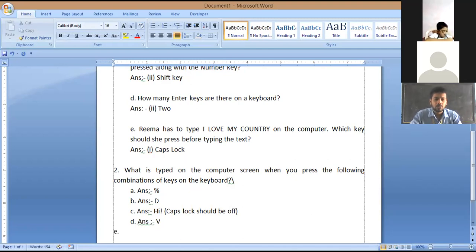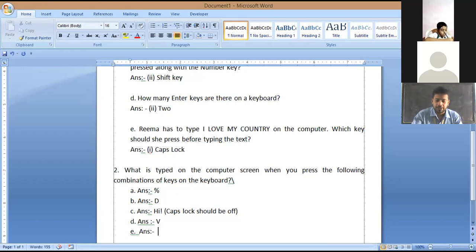After D now, question number E. P plus enter plus N. Then what will be there?